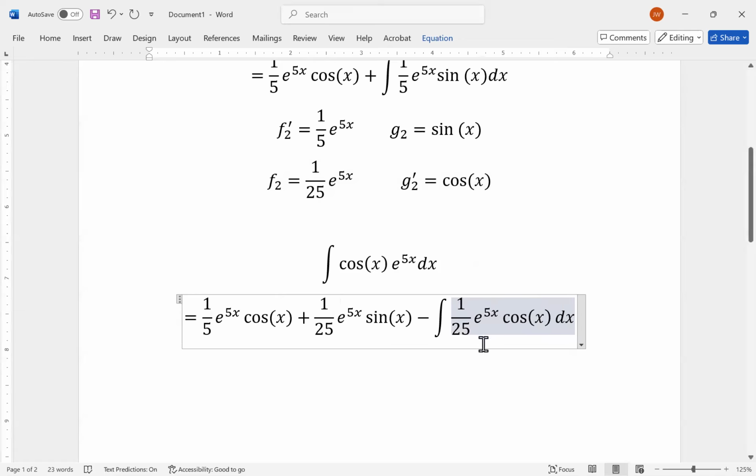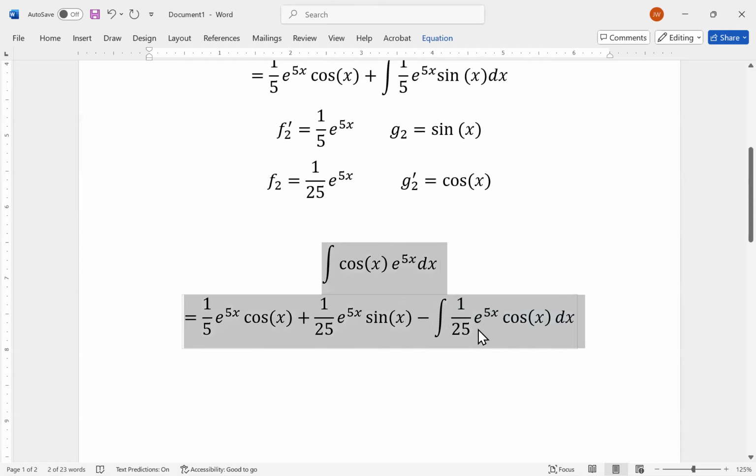And there we go. So once again, we have e to the 5x times cosine of x integrated, although